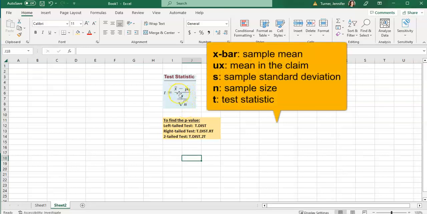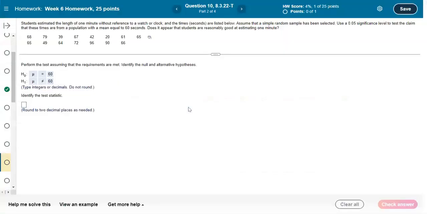x bar is the mean from the sample. Mu x bar is the mean in our claim. s is the standard deviation of the sample, and n is the size of the sample. So in this question, we remember that we were given actually raw data. Sometimes those values we just talked about will just be given to you directly in the question, and you can just plug them straight in. But in this case, we were given the raw data, and we didn't get those values, so we need to find them. We can find them by clicking on the little blue icon right here and saying Open in